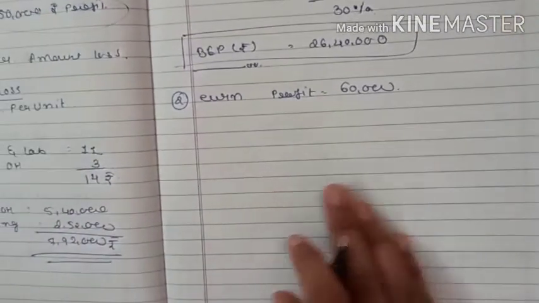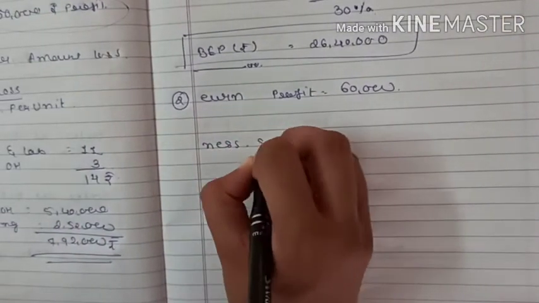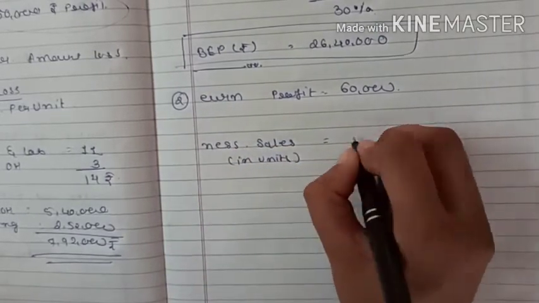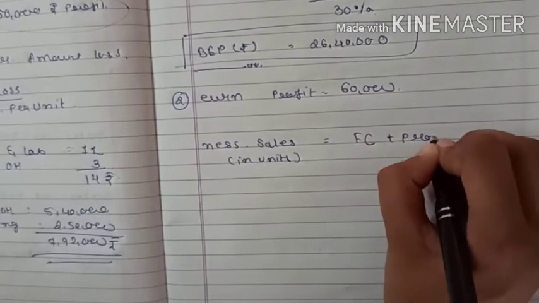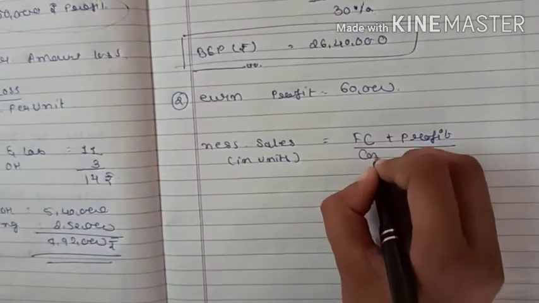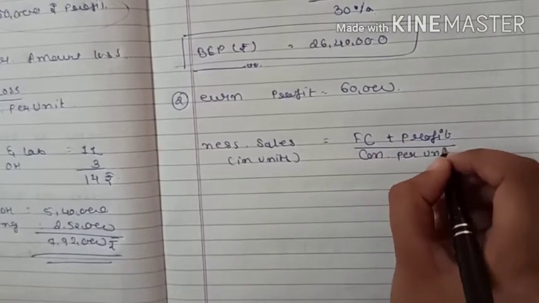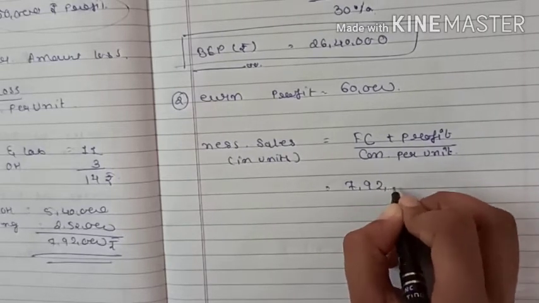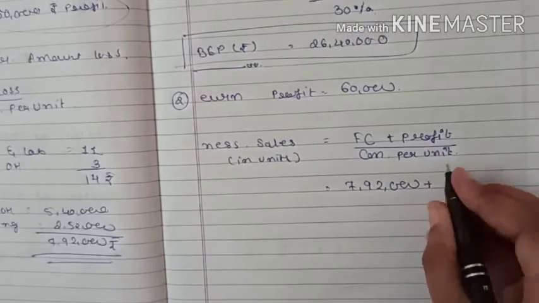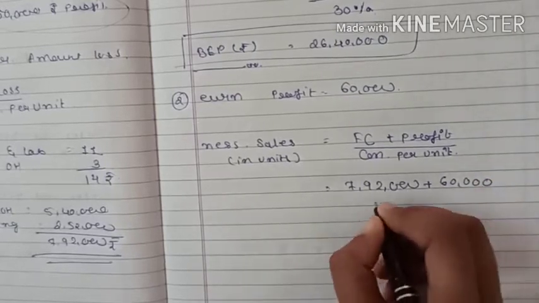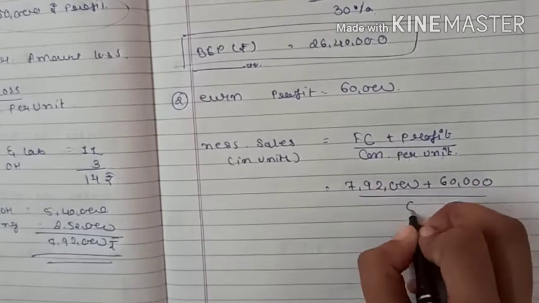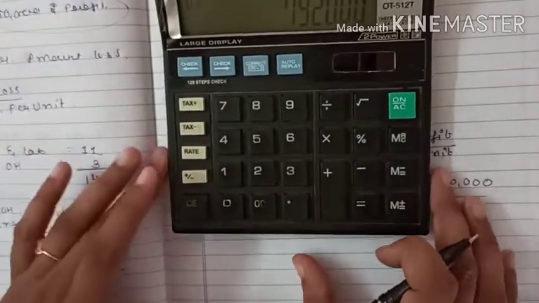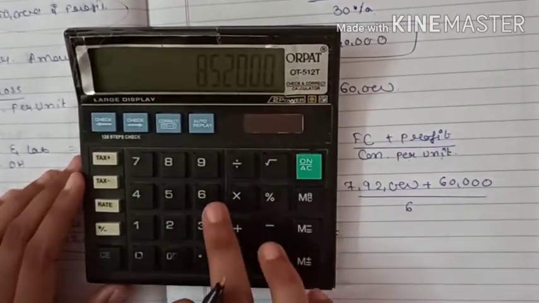So necessary sales in units is equal to fixed cost plus profit divided by contribution per unit. So fixed cost is 7,92,000 plus profit we have to earn 60,000 divided by contribution per unit rupees 6. So 7,92,000 plus 60,000 divided by 6,